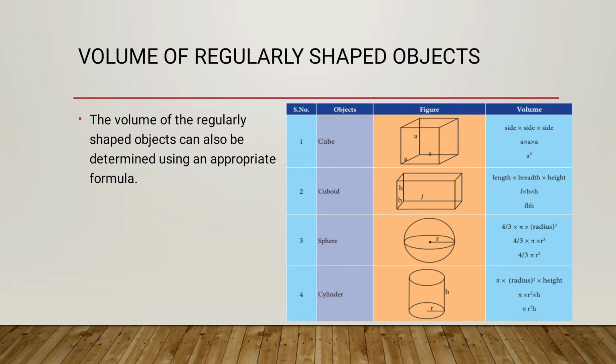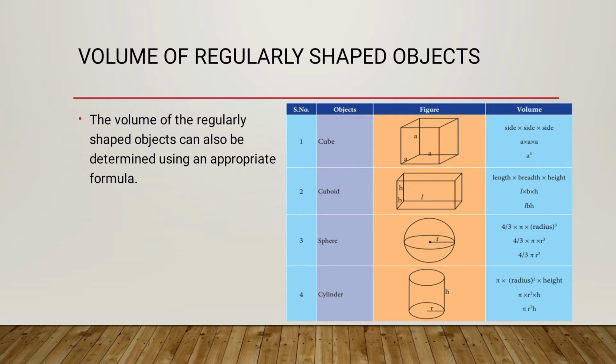So here are some of the formulas for the objects. First one is cube, that is 3-dimension of square. So in 3-dimension we know that we will have 3 axes. So 3 parameters have to be multiplied, that is side into side into side, which is a into a into a. Result is a cube. Second one is cuboid, which is the 3-dimension of rectangle. So 3 parameters of cuboid are length, breadth and height. So the formula is length into breadth into height, that is L into B into H, which gives LBH.